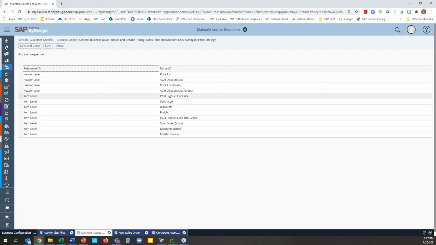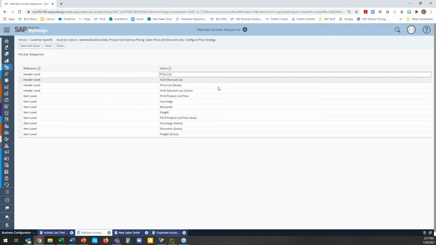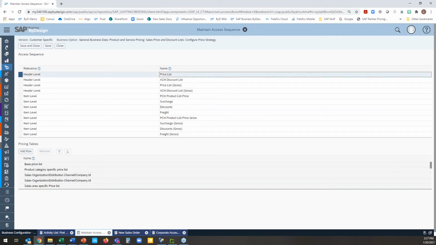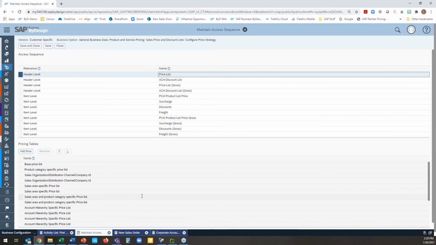Then you've got all of your item level types of surcharges and discounts that are listed here. So in our example, we're doing a header level price list, and then you'll see how ByDesign is pulling these different pricing tables that you have available to you that can be pulled into your